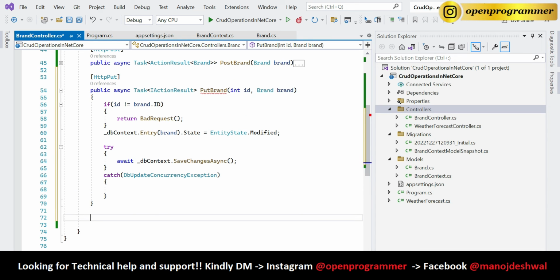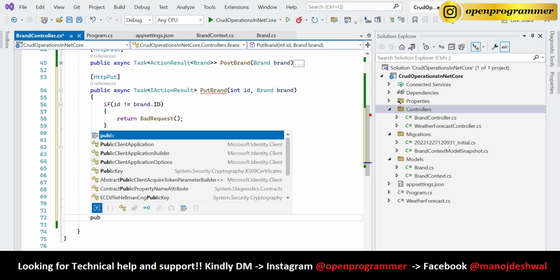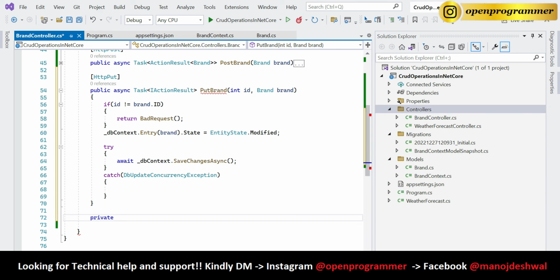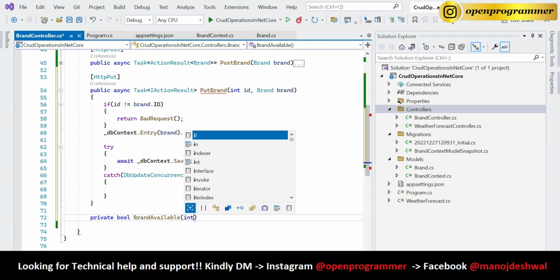Let's create a new method just to check our brand whether it is available in the database or not. So let's make it private brand available, and it will take ID,